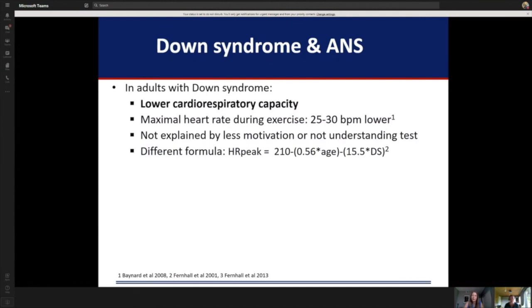So they came up with a different formula to calculate a peak heart rate for individuals with Down syndrome. And I just want to make sure that I do come back to this formula at the end, but it results in slightly lower peak heart rates, what you would expect. And that's important because if you do heart rate based exercise training, you need to know that you have a different reference that you're working with than the regular